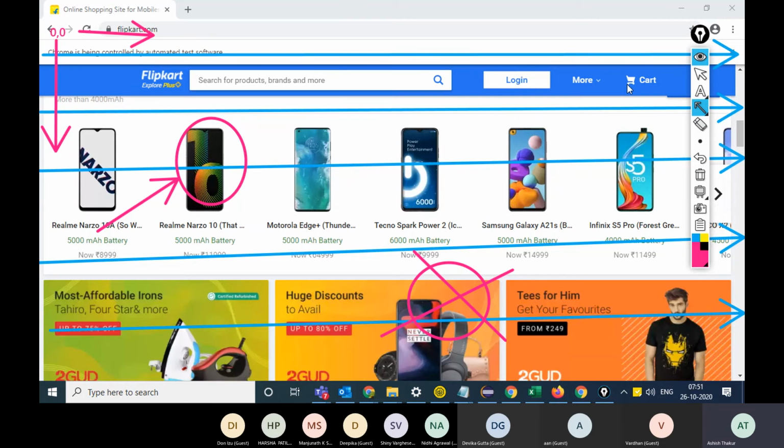So if an element has coordinates on the web page like 100, 400, you can expect it towards the bottom of the web page. We'll see the coordinates as well, but yes, it starts from 0, 0 and goes towards the bottom of the page.